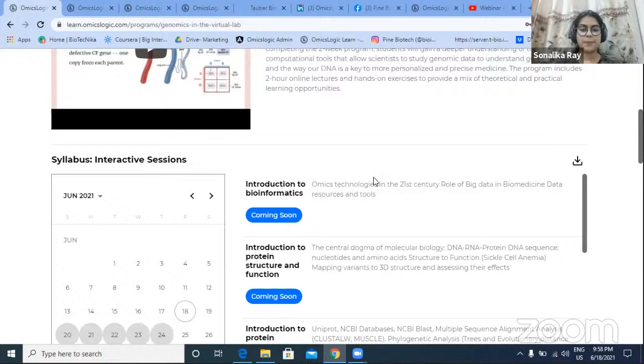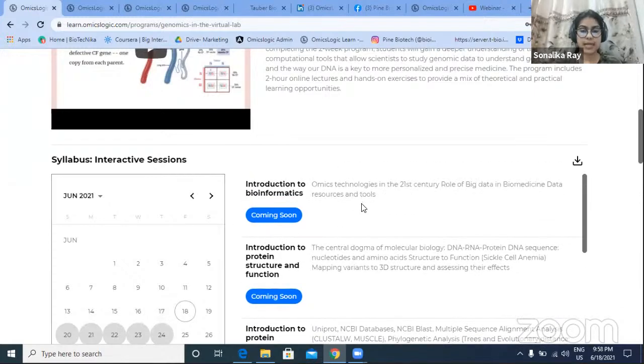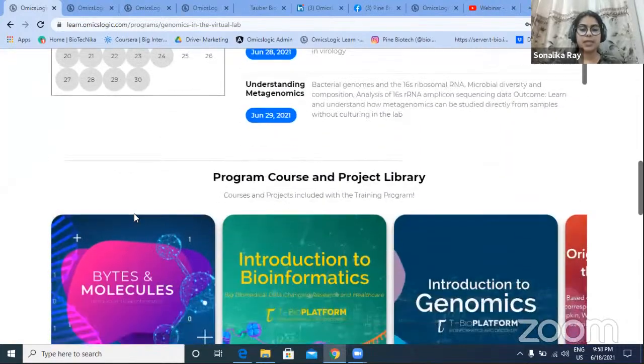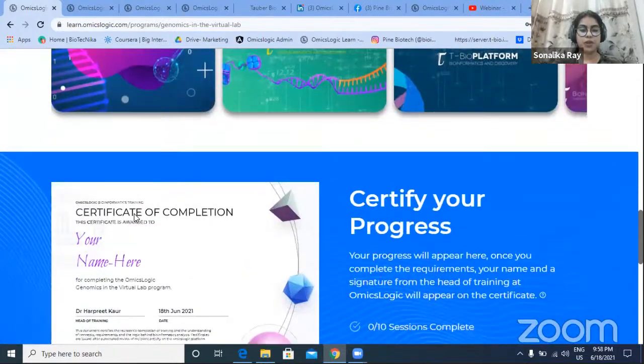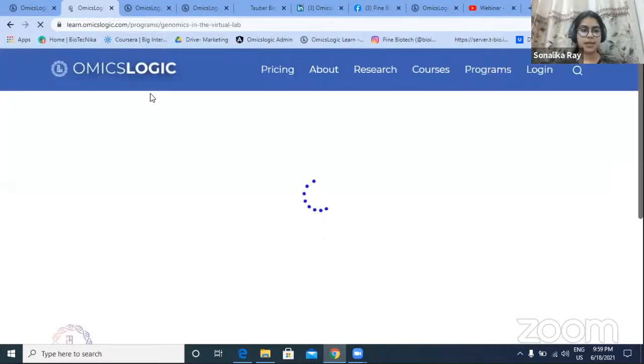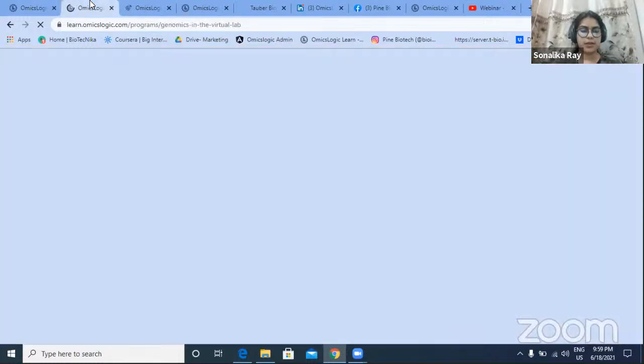And on the program page, you'll have the details of each and every session as well. The dates would be marked on the calendar here, along with the topics that would be covered in each and every session. This program page is also to be used for your registration. So those who want to register themselves for the program can simply go to the program page and register. Now, how do they do so? I'll just quickly take you through it.